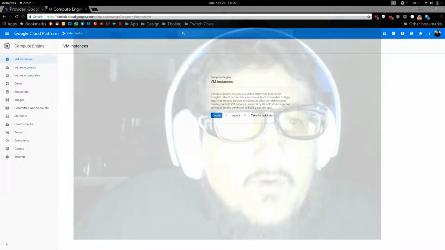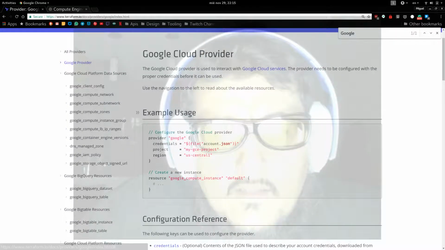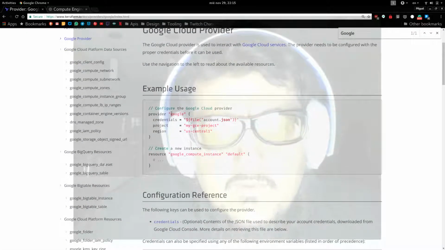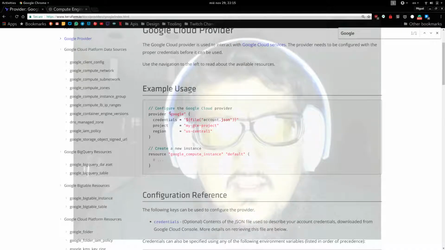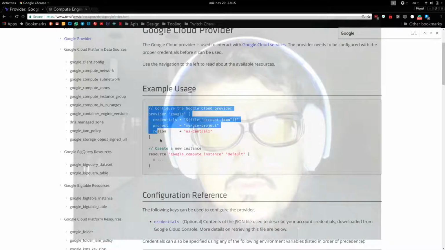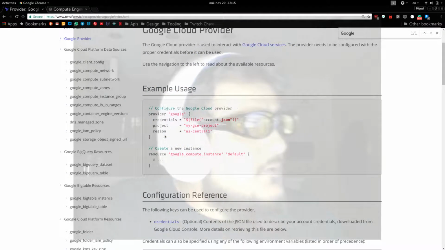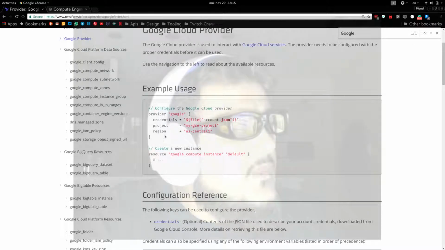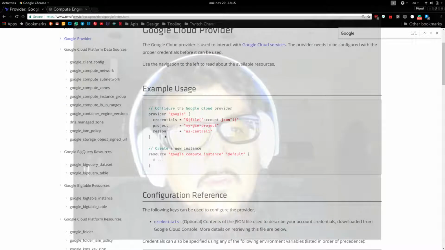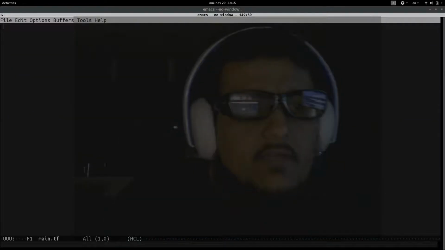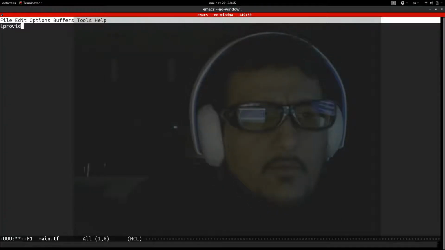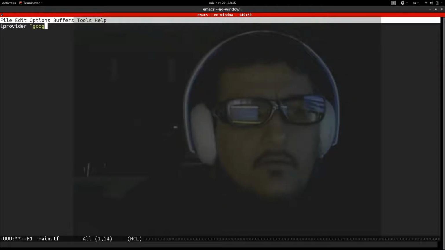So if you remember, with Terraform we have a lot of providers, and in this case, I will need this provider. I'm going to use basically the same thing. You define the provider, you define a set of credentials, and this will tell Terraform how to communicate with Google, the Google Compute Engine, right? Okay, so let's start with this provider, and then Google,